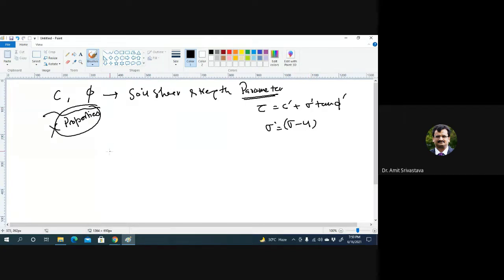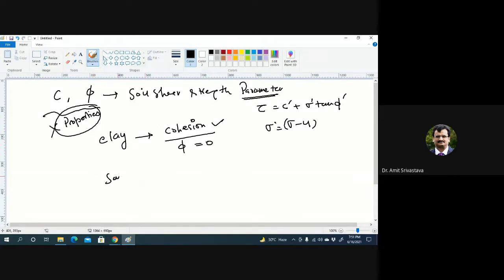Now, I'm just going to confuse you. Normally, when it is a clay, you relate it with cohesion, and you say that the cohesion will be high and the phi will be 0. Is it not?